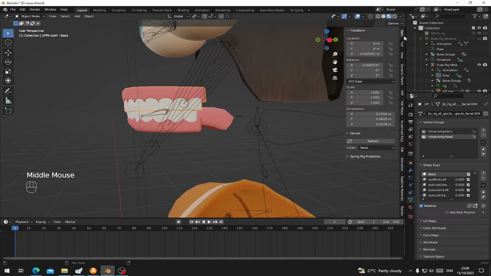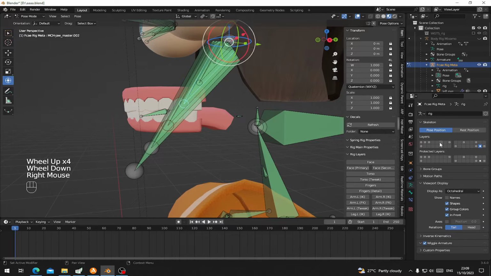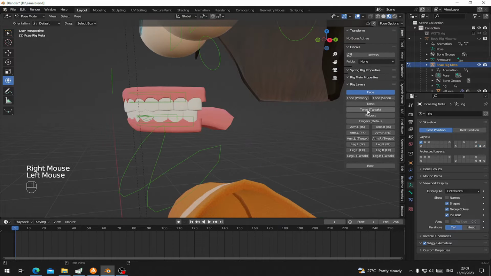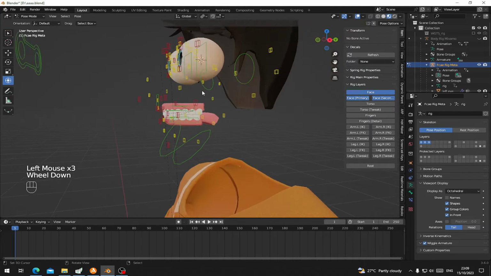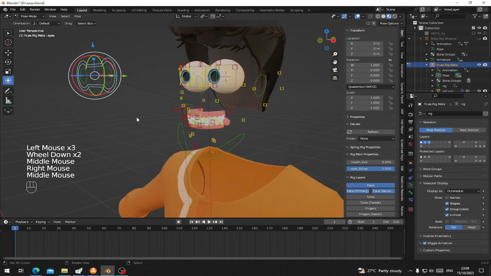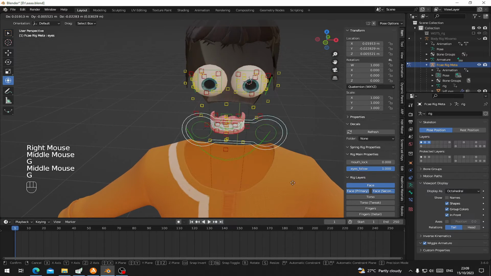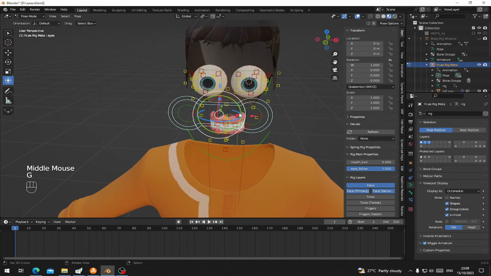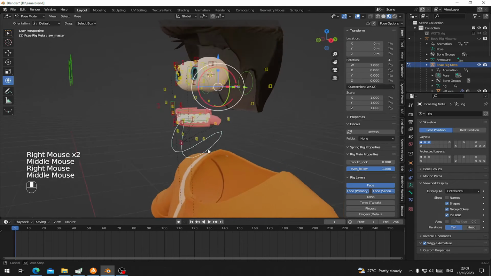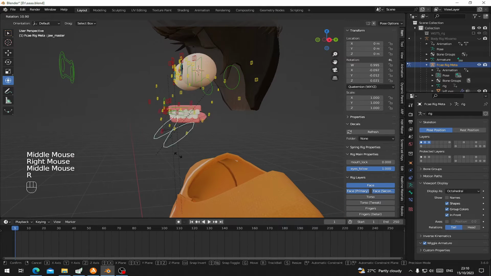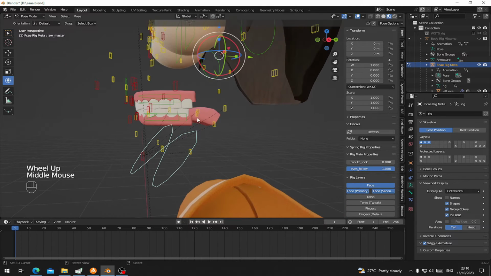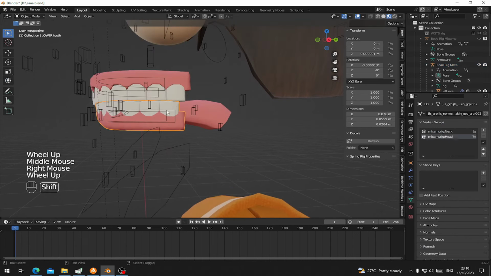So for this, let's go to, select this, and let's go to the face rig again. Now if you rotate this, you see our eyes are rotating, but the mouth is not, and the teeth do not follow. So select the down teeth and select teeth